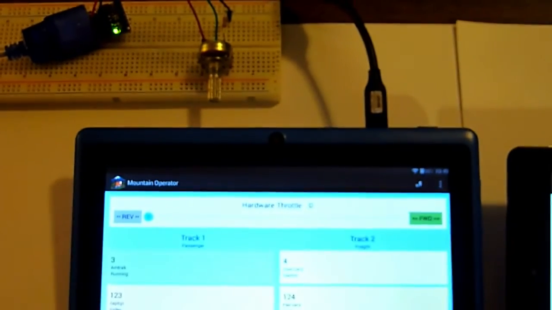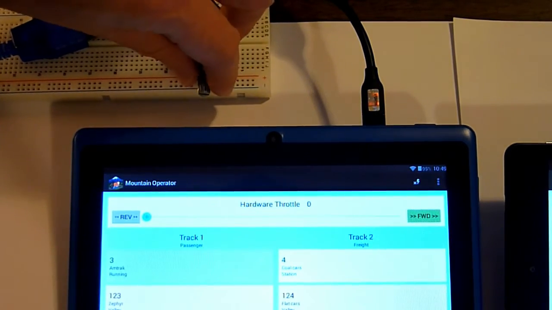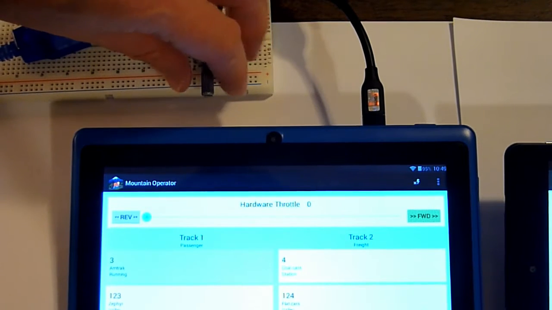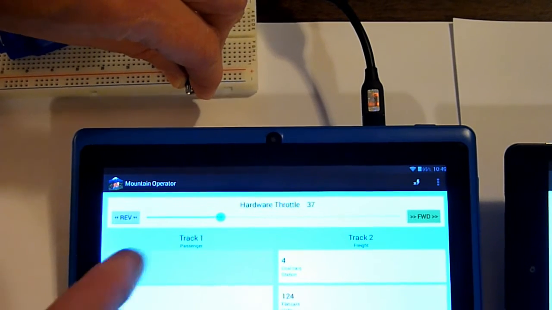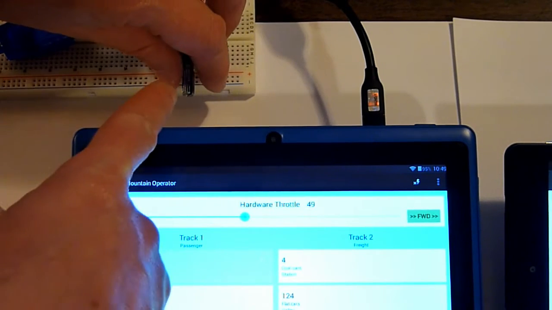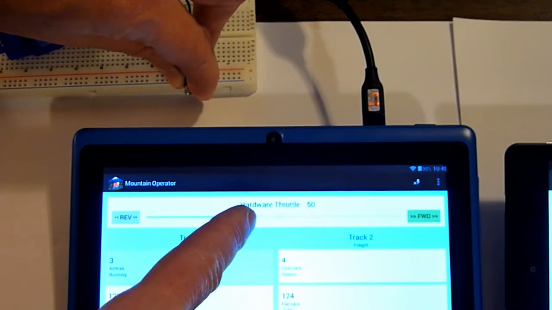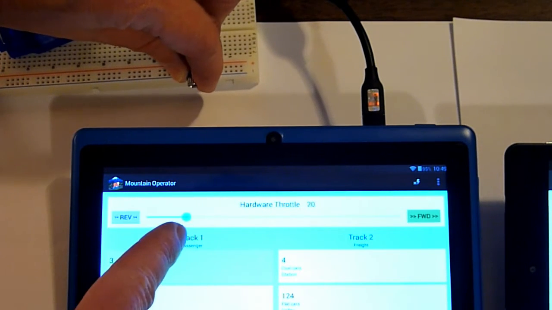If we do this, we can see that when I move the potentiometer, it moves the throttle here. And that will change the speed of the train, so that's the kid controlling it.